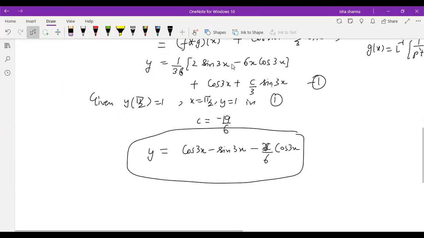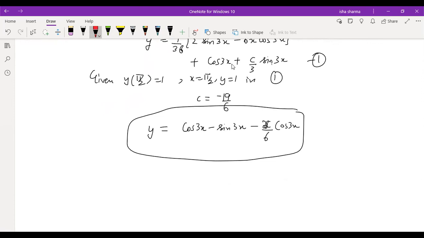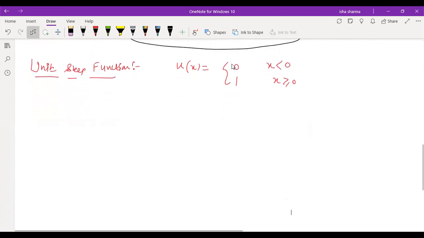Now we are moving ahead towards the second shifting theorem. For that, we defined the unit step function. The unit step function is defined as 0 for x less than 0, and 1 for x greater than or equal to 0. And if the discontinuity is at some other point, some a, then this gets changed like that. The step remains of 1 unit, but the shifting is there.